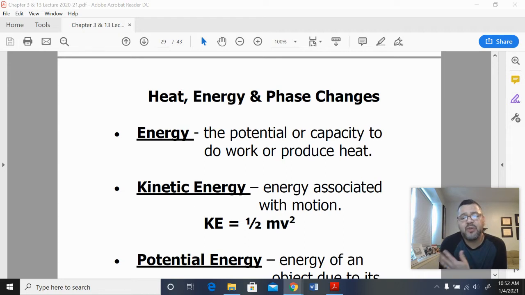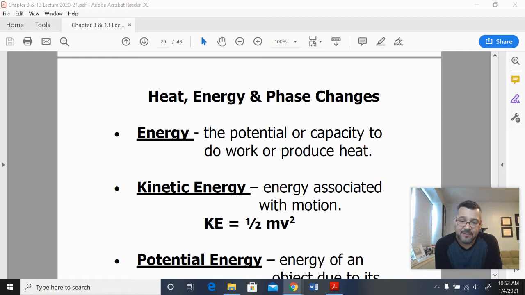So when we talk about energy, what kind of energies are there? And I think you're familiar with these energies. You just don't necessarily think of them because this is new. So kinetic energy was defined as the energy of motion. So when something has motion, it has energy. And if you give something energy, sometimes you can give it motion, right? That's what happens when we play sports, where you throw a ball, you kick a ball, and so on and so forth. You give energy to it, and it moves and it flies. So that's what kinetic energy is.